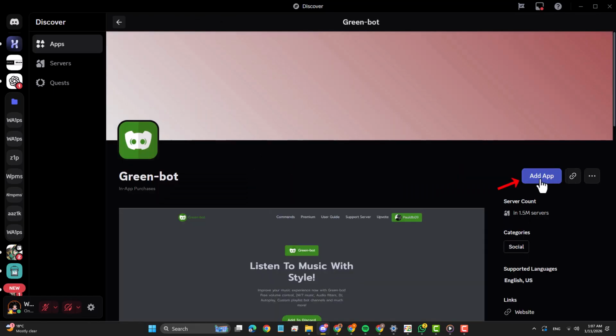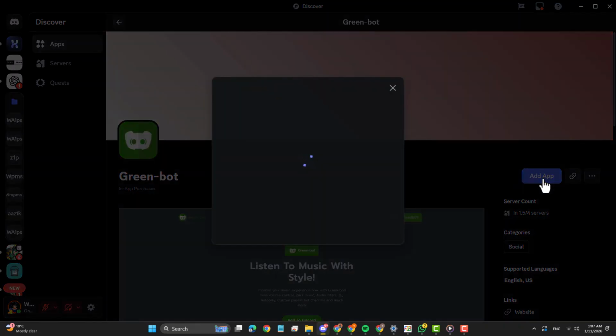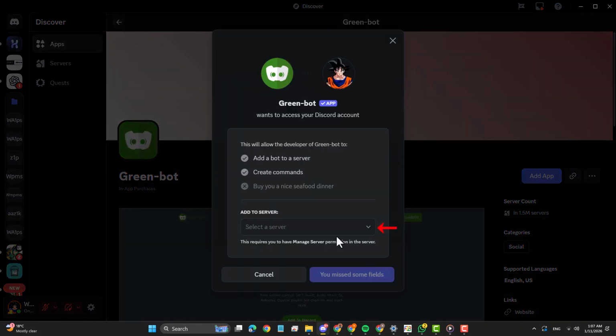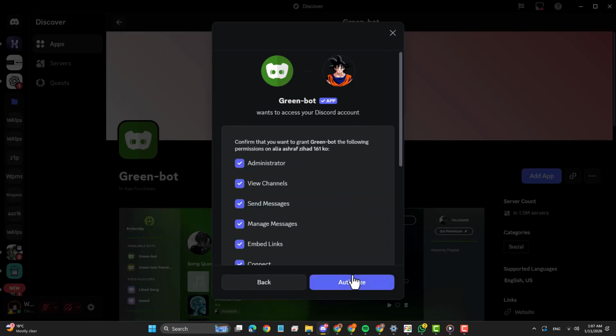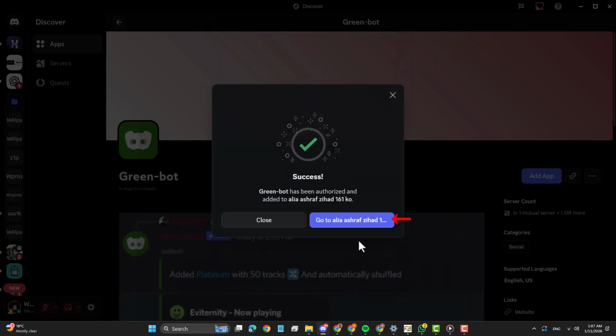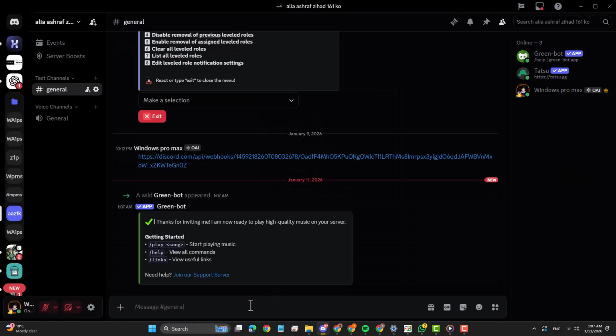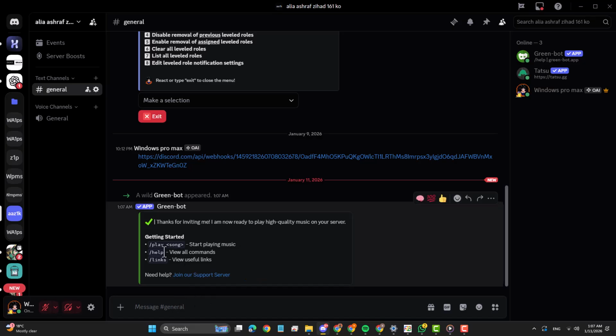Step 4. Click on the bot you want, then select Add App or Add to Server. This step starts the process of connecting the MusicBot to your Discord server. Step 5. Choose your server from the drop-down list, click Continue, review the permissions, and click Authorize. Completing this step allows the bot to join your server and function properly, and you may need to solve a